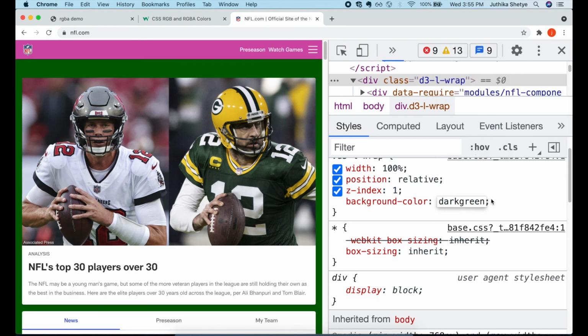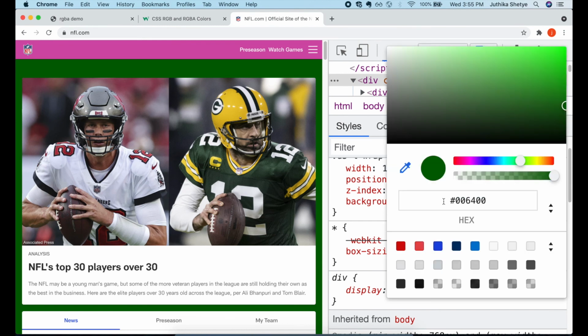And instead of actually using the word, once again I can click on that color box and it will pop up the hexadecimal value for me. I love using this inspect element while building websites because it's so much easier when you can see what's happening as you are designing it.